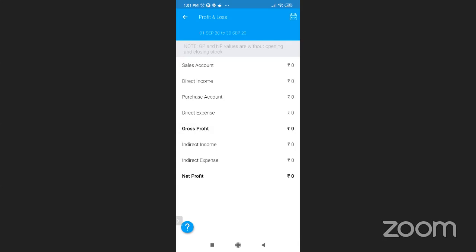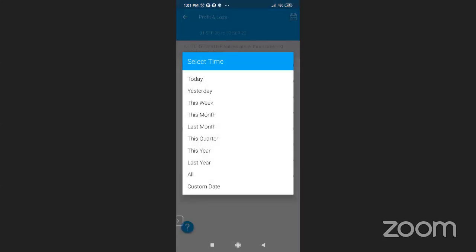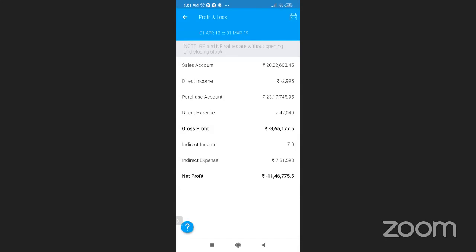Now, you can filter this by date. I'm viewing all. Obviously the amounts you see here are for a demo company. If you have entered your own company, it's probably quite different, something completely different based on whatever is in your Tally. Right now, what we are seeing here is completely made up data. So you can filter this by date.